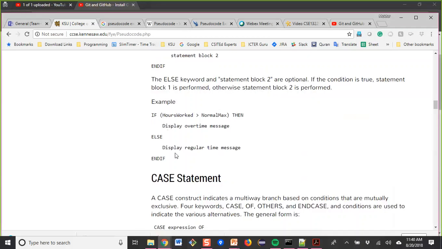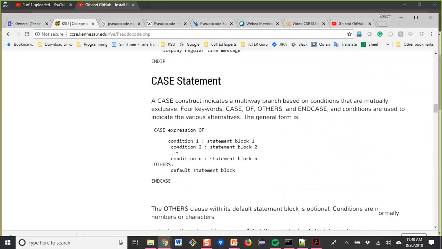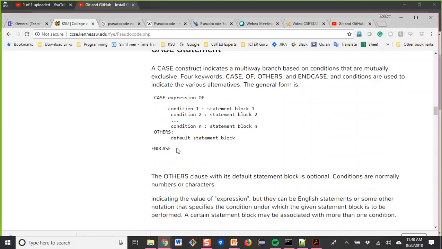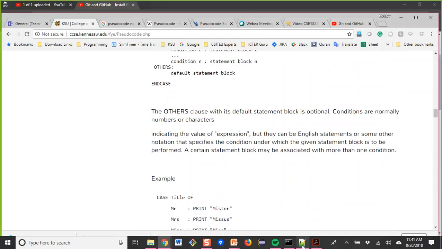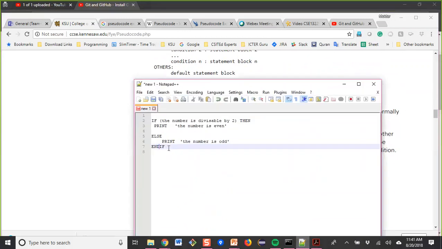There is another example here. And then the case statement is for more conditions. So for ENDIF, you can put multiple conditions, like IF, ELSE IF, for instance.